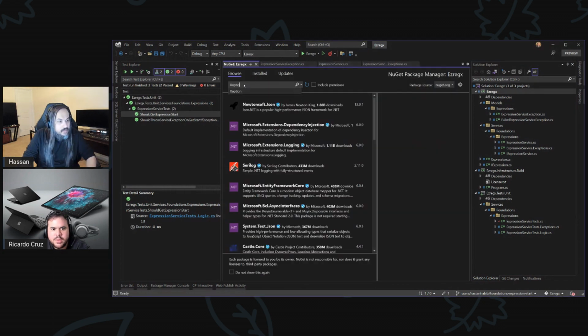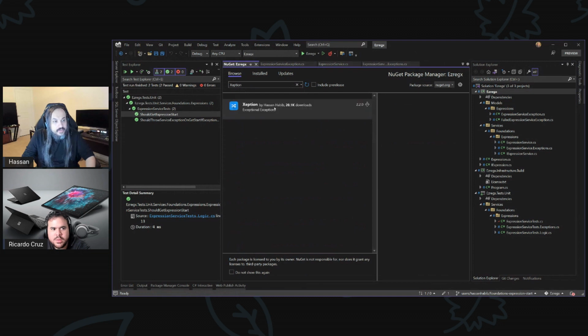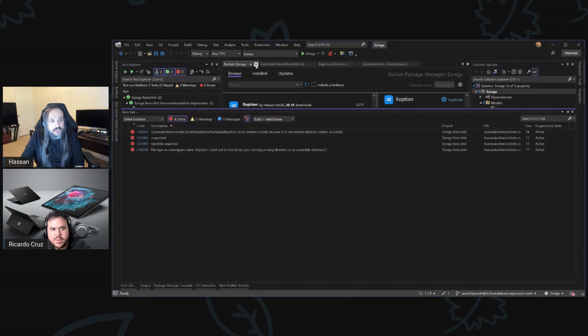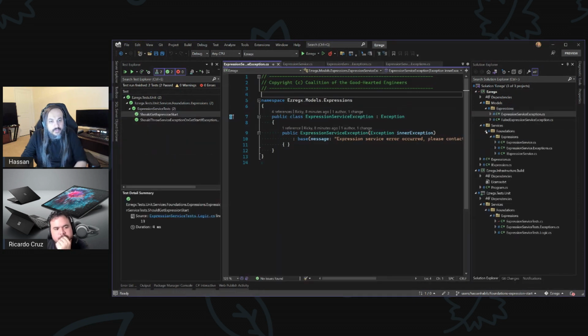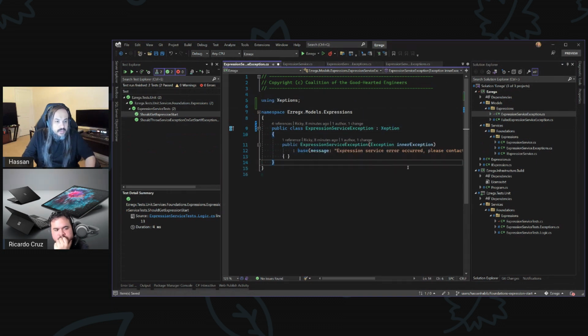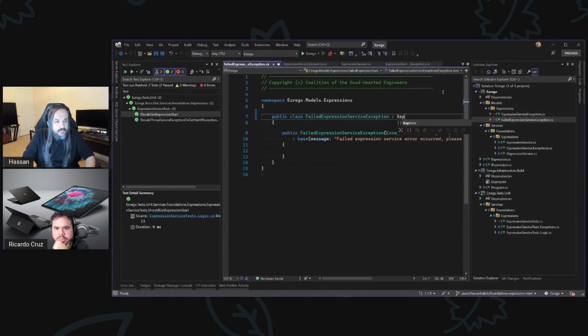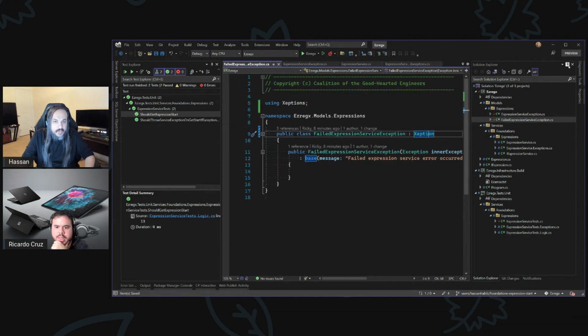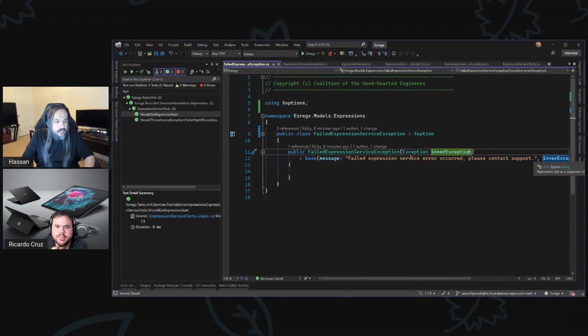Okay, we need the failed service to take exceptions, so it should inherit from exception. If you go into this, it should take from exception like this, right? And this expression service will mandate something that implements exception, which means this one should be the same thing. Yeah, in that case. So that's this one, and then